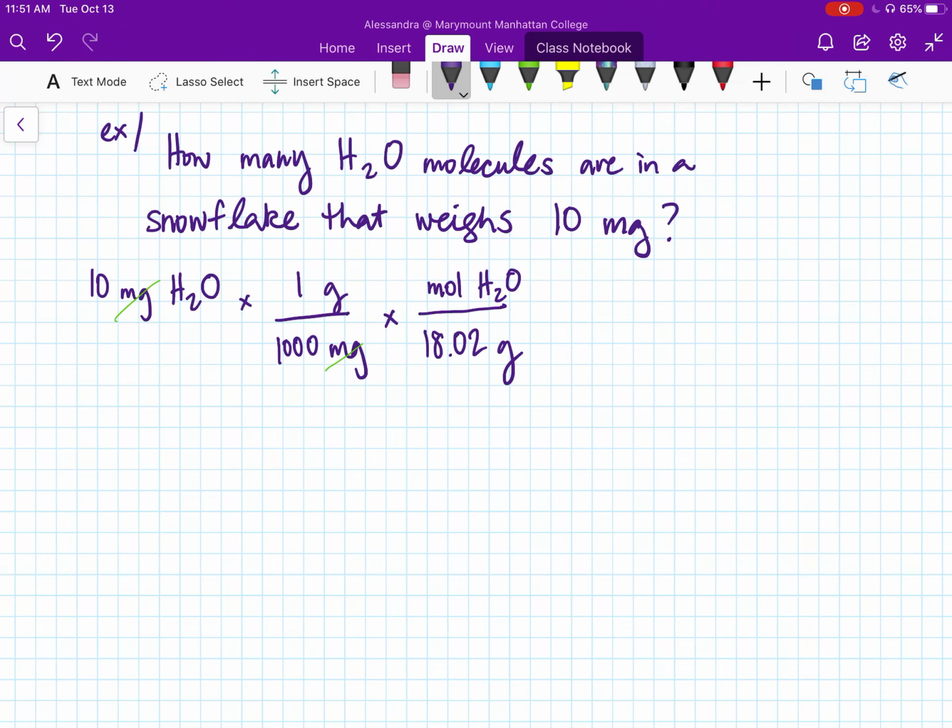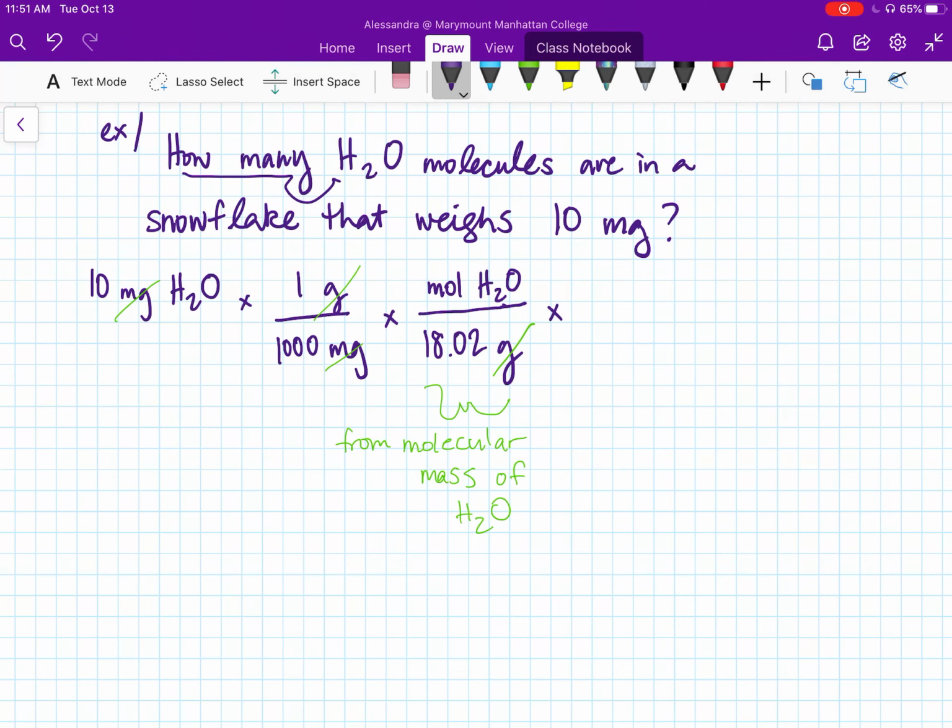Another way of saying that is that 1 mole of water weighs 18.02 grams. And I get that simply by calculating the molecular mass of water. Okay, so this is the molecular mass or the molecular weight of water. It's the reciprocal of the molecular mass, so from the molecular mass of H2O. I'm putting moles on the top because I want to cancel out my grams and be left with moles,